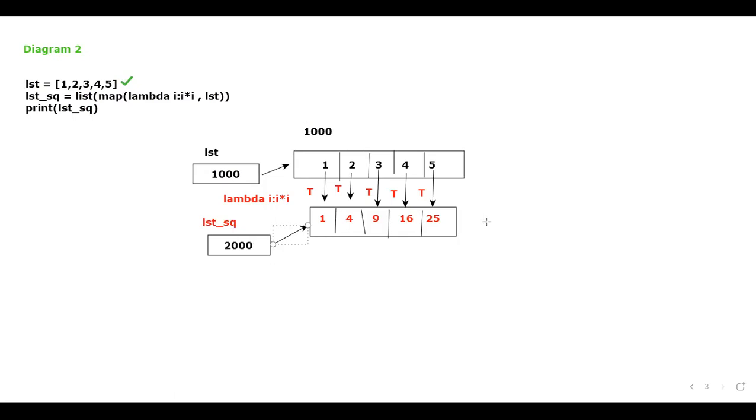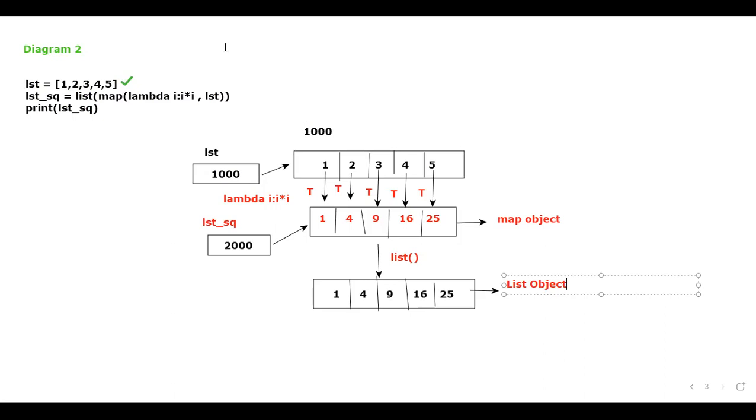Next, is this a filter object or map object? It's a map object. Initially, whatever data I get, it's a map object. Next, don't you think whatever map object I got, I'll be typecasting using a function called list function. If I use the list function, what will happen? A brand new list object will be created with the same data. See here, 1, 4, 9, 16, 25 is the data that I got. Now it's a list object.